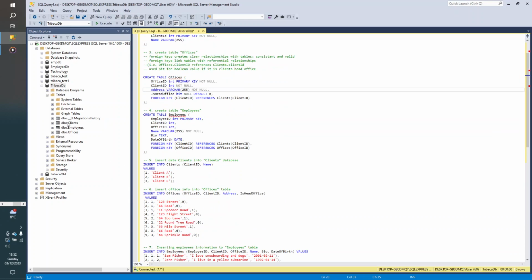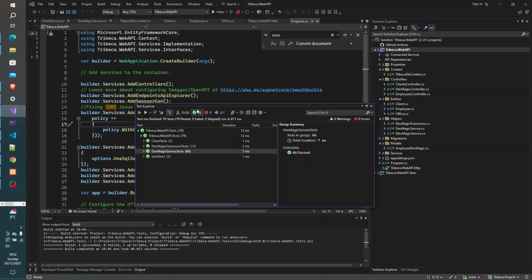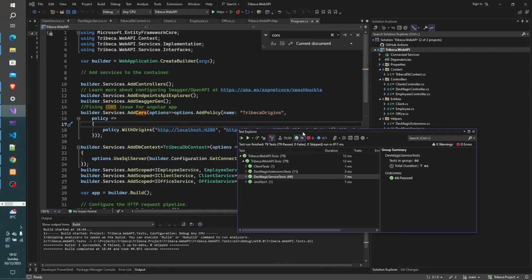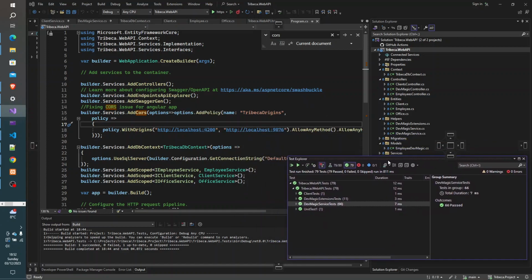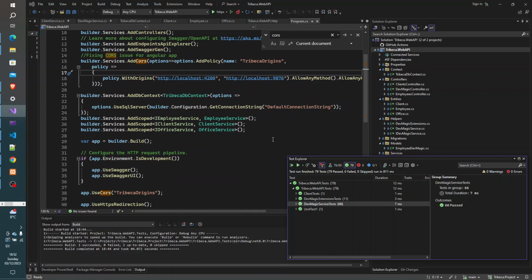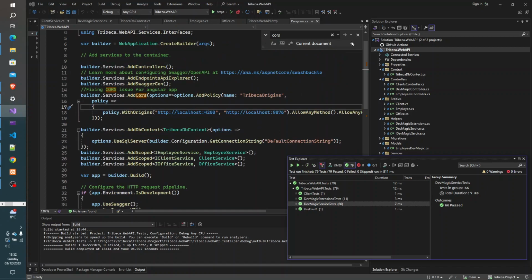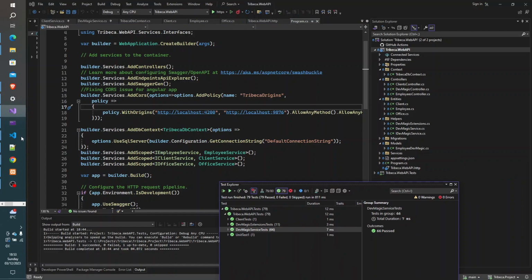So this is how it looks. The database has 3 tables: clients, employees, and offices. And later I tried to connect the Visual Studio project, and it took some time to configure everything. It didn't work initially. I needed to do some research, add these ports and so on, so I could access it later through the browser, and so I did that, and I started work on